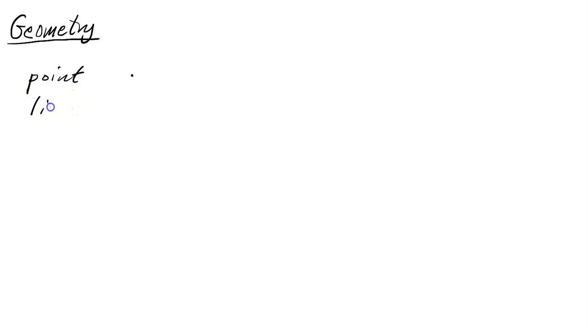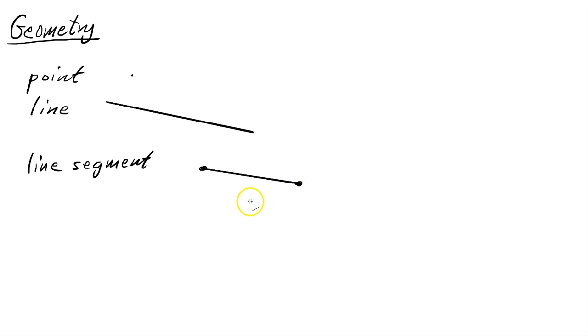And lines, by which we often mean a straight line. To be precise, one should distinguish between a line, which is actually infinitely long, and otherwise you talk about the line segment. In the line segment, you have 2 points, the endpoints, and then you have the finite line in between them. And you can also talk about rays. A ray has one starting point or endpoint, and it goes infinitely from there.